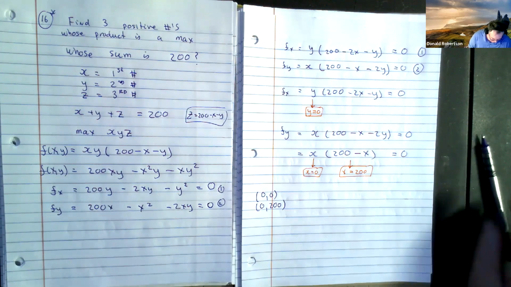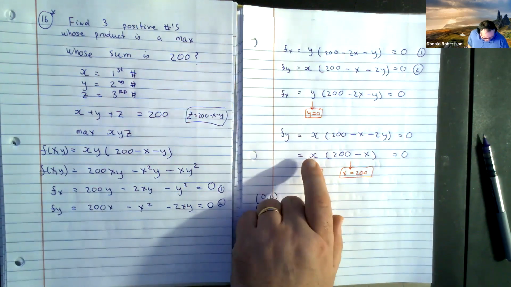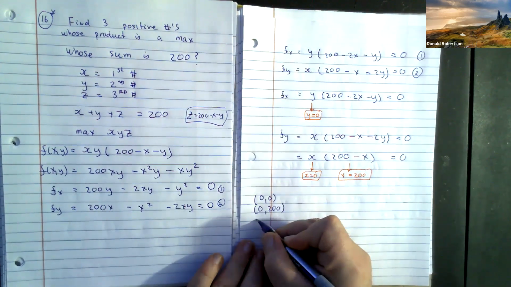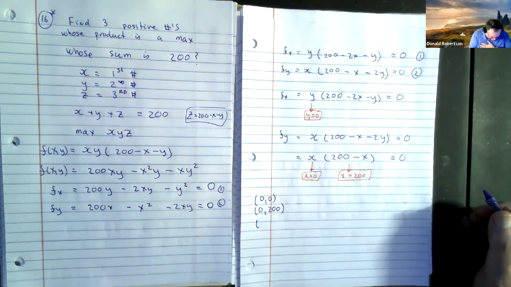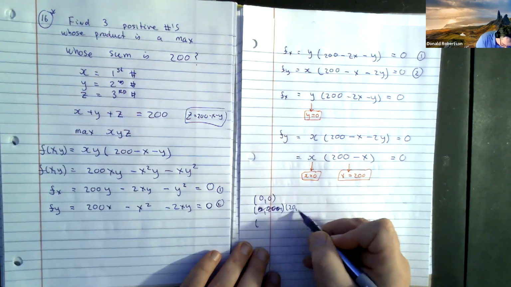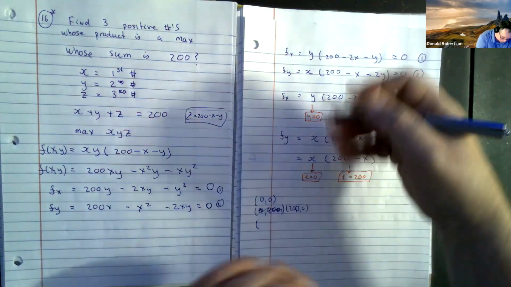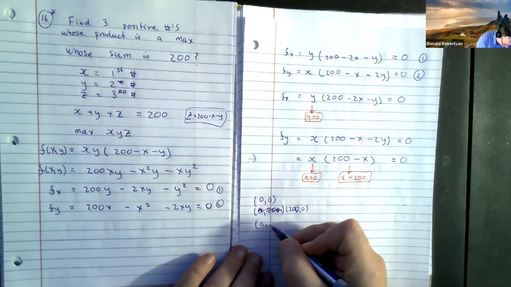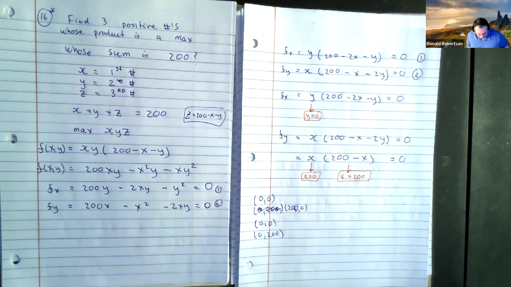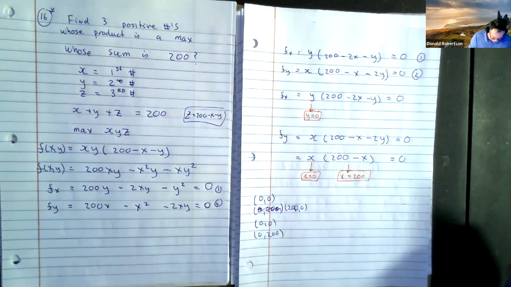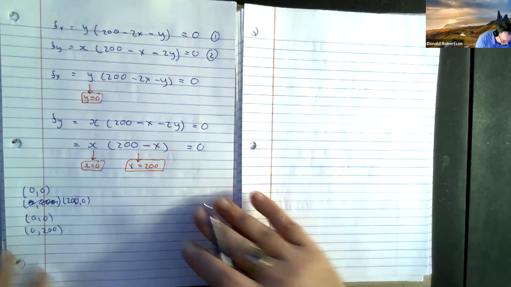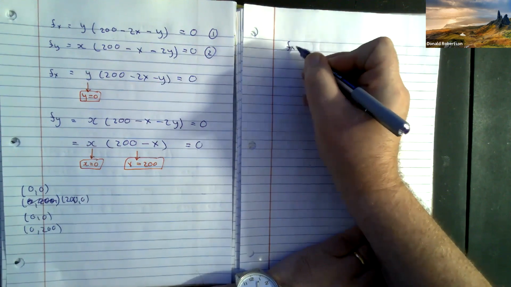Now, if I start on this one and I make x equals 0, then I go up and plug here, can you trust me? Excuse me. I got this one back to front. This one is 200, comma 0. But if I switch places, I get 0, 0 and 0, 200. Now I'm going to focus on other possibilities. If we go back to this one,